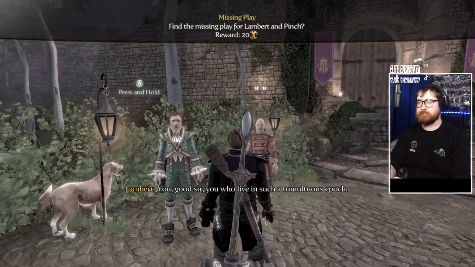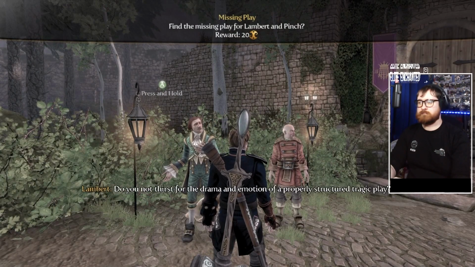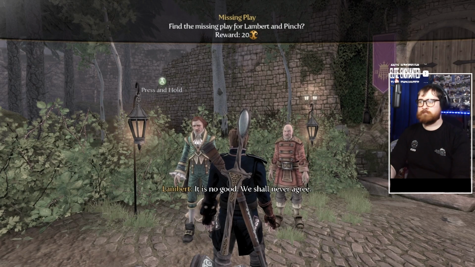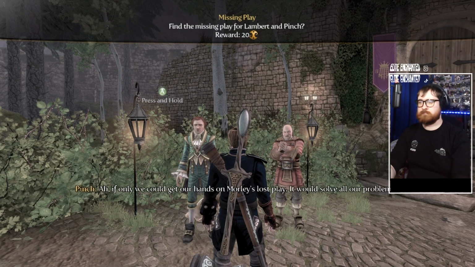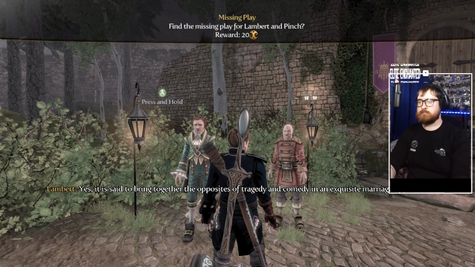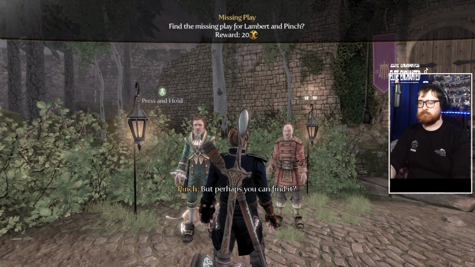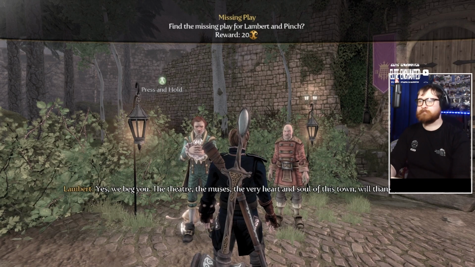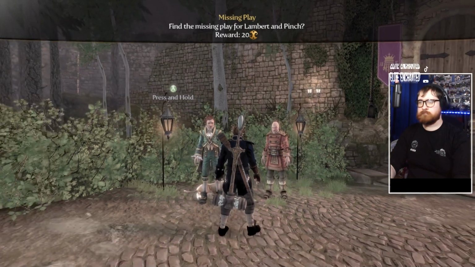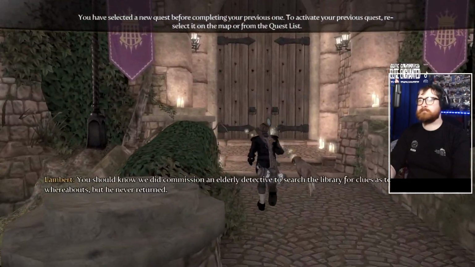You who live in such a tumultuous epoch, do you not thirst for the drama and emotion of a properly structured tragic play? Of course you don't. You want to escape your troubles. You want to be made merry. You want to be amused. It is no good. We shall never agree. Ah, if only we could get our hands on Morley's lost play. It would solve all our problems. Yes, it is said to bring together the opposites of tragedy and comedy in an exquisite marriage of forms. But perhaps you can find it. Yes, we beg you, the theatre, the muses, the very heart and soul of this town will thank you. Let's do it. Find the missing play. Splendid, splendid. You should know we did commission an elderly...